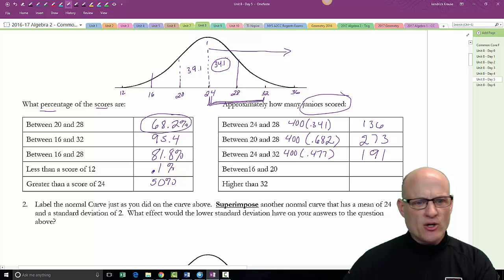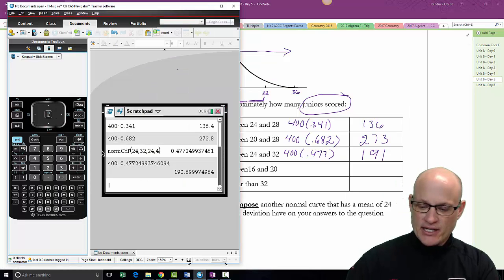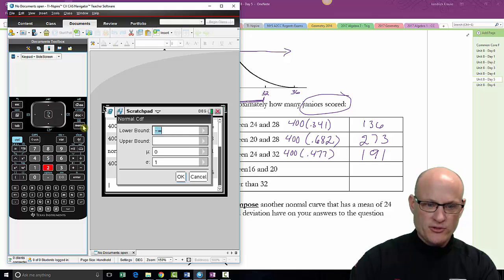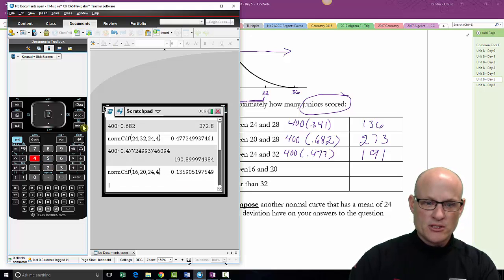And finally, between, oh no, not finally, 16 and 20. 16 and 20 is this part right here. So I've got to do that again. Menu, 652, between 16 and 20, 24 and 4. We got